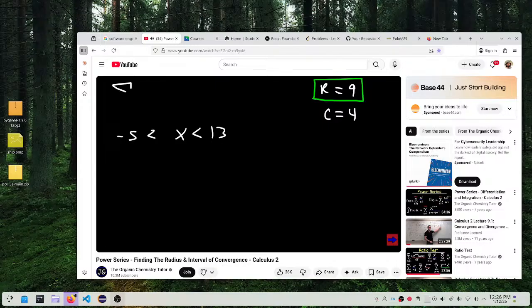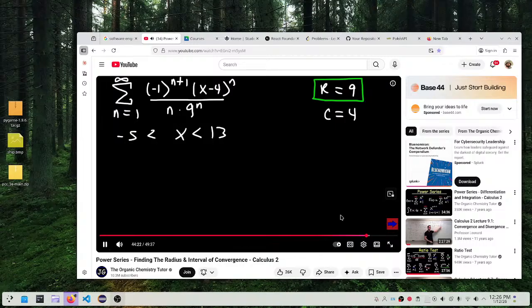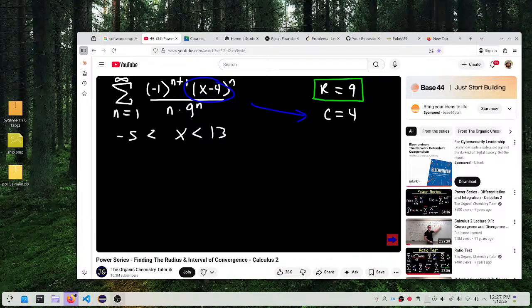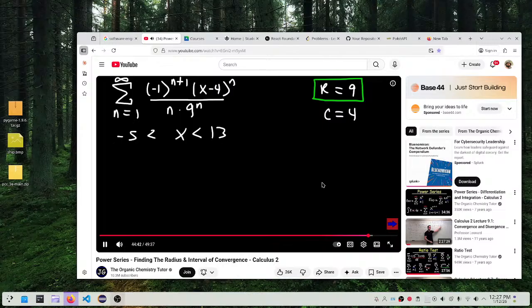Now let's rewrite the original series, which is negative 1 to the n plus 1 times x minus 4 to the n divided by n times 9 to the n. So just by looking at it, you could see that the power series is centered at c equals 4 because of the x minus 4 in it. Now let's check the endpoint. So let's replace x with